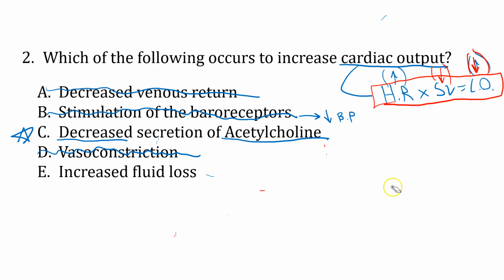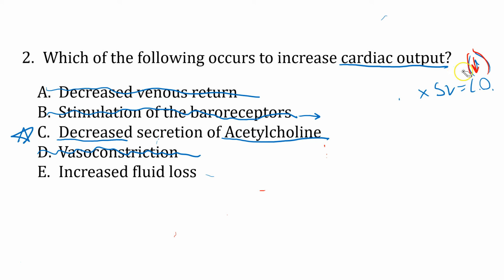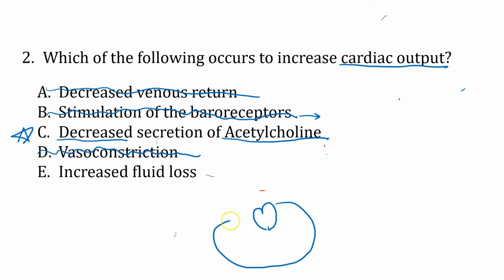Let me just clear this up here so you don't get too cluttered. If you decrease fluid, you basically decrease venous return to the heart. Again, this is my heart, and this is the cycle where blood goes out to either the body or the lungs and then comes back to the heart. If you're always losing fluid out of there, then the amount of fluid coming back in is going to be less. It means the heart's going to fill less,